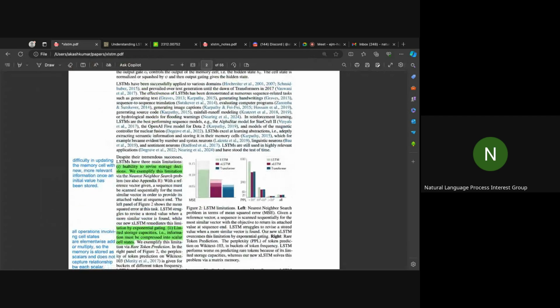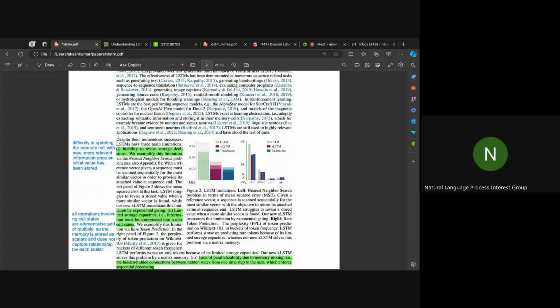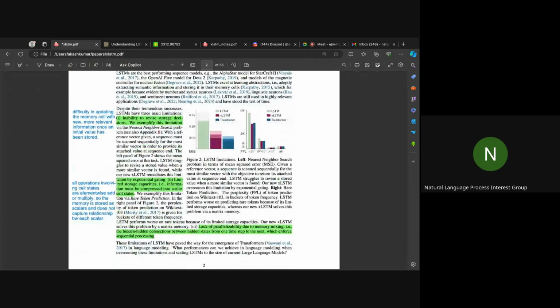So the authors then discuss the limitations of LSTMs. The first limitation that they highlight is that LSTM lacks the ability to revise storage decisions. The thing is that the LSTM architecture has difficulty in updating the